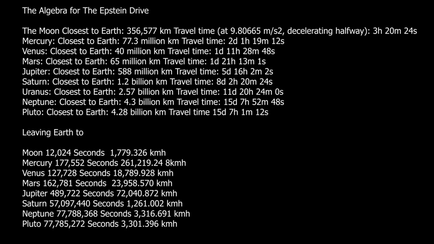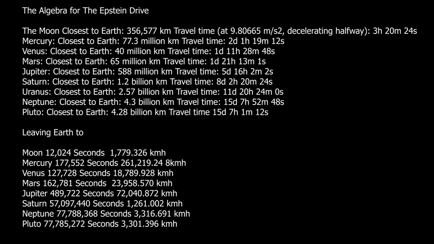In the book and on the show, it is easy to see that the Epstein drive can reach g-forces close to 20 times the force of Earth's gravity. So it is safe to imply that the Epstein drive has sufficient overall power. Measured speed of the Epstein drive.